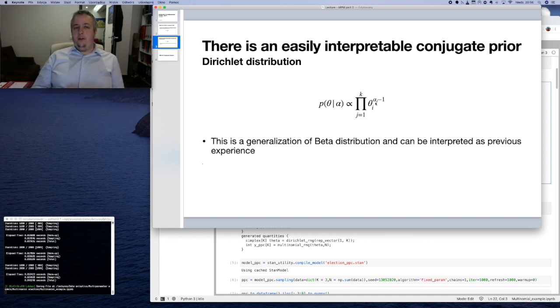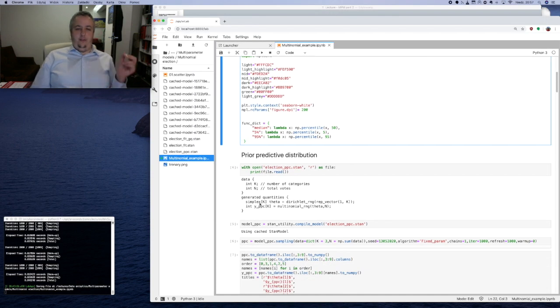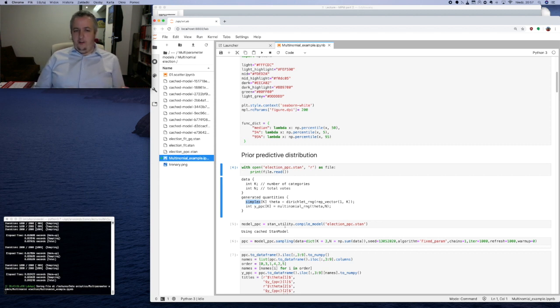In the case of the Dirichlet distribution, it's the same situation. A Dirichlet distribution with all alphas equal to 1 gives us a uniform distribution of theta. However, there is one single issue: theta must sum to 1. That's why the data type that we have to use here is not a vector with constraints, but a simplex. A simplex is a vector that guarantees all its elements will sum to 1, or at least to a constant. In the geometry of three dimensions, it will be a triangle,